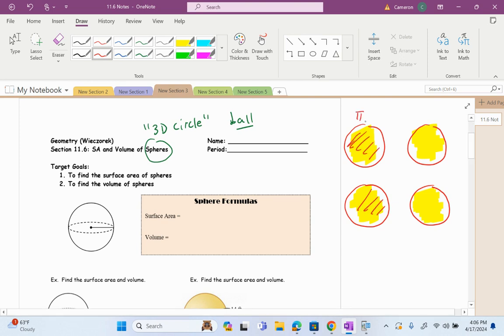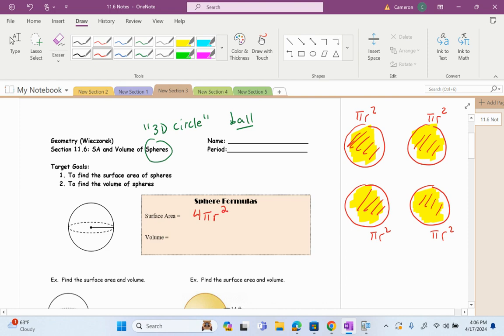So this circle has area pi r squared, this circle has area pi r squared, this circle has area pi r squared, and this circle also has area pi r squared. If you add them up, we get 4 pi r squared. So the surface area of a sphere, if I wanted to know how much felt I need to go around a tennis ball, the total surface area of a sphere is going to be 4 pi